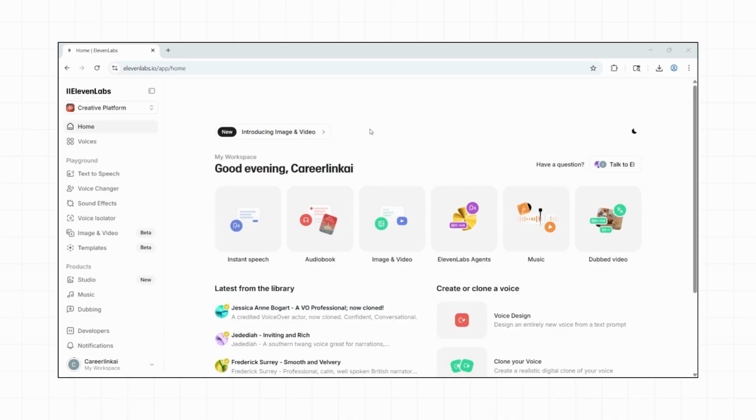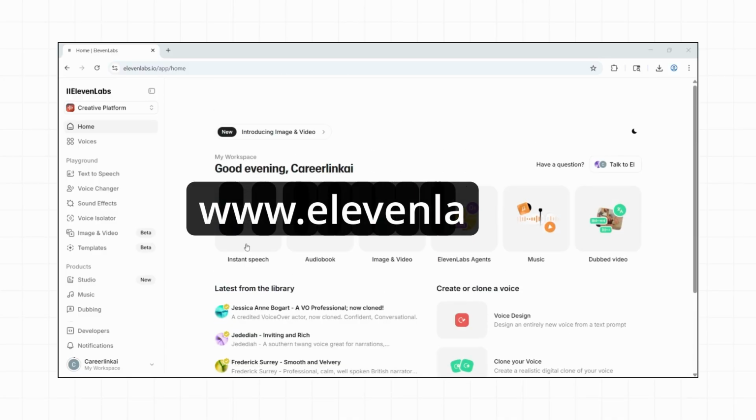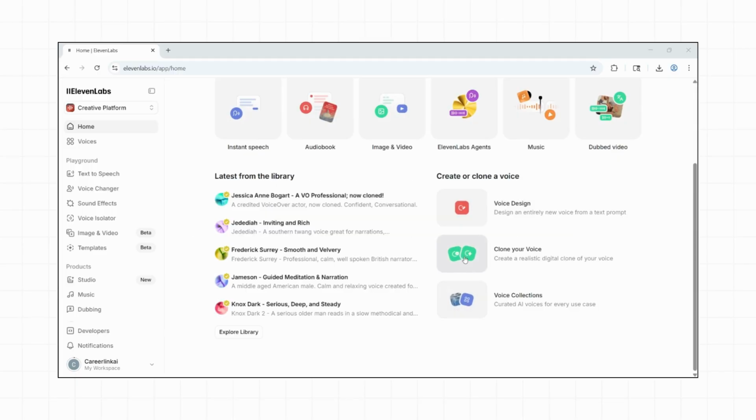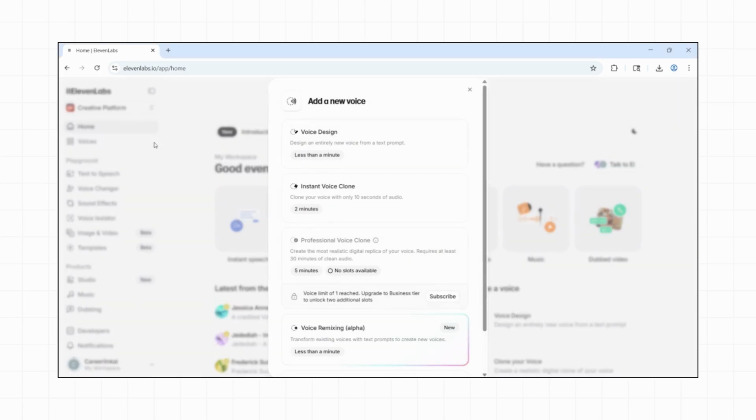This is ElevenLabs. You can go to www.elevenlabs.io and you'll see an interface like this. Here you can create different kinds of voices, including cloning your own. Today I want to create an audio digital copy of myself, kind of like a digital twin of my voice. I'm really curious to see what my AI generated audio version would sound like.